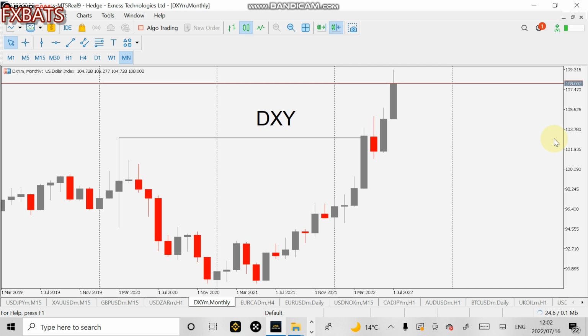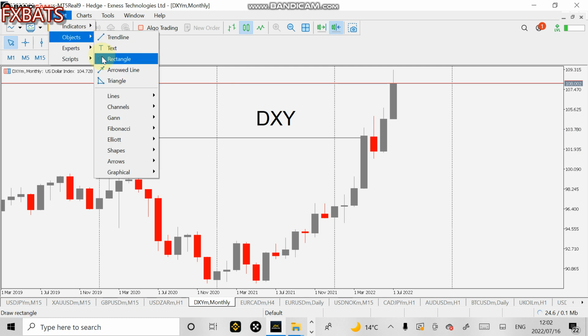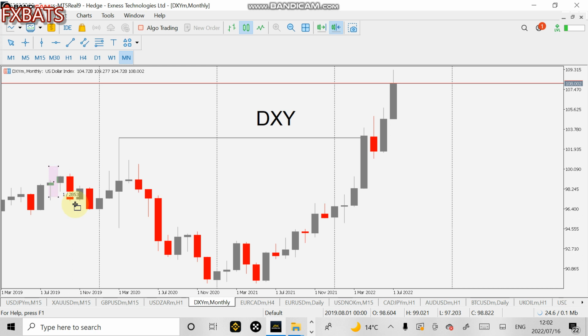So a few questions that we have. Let's look at it on a monthly basis. I just want to see how the DXY has been performing for the past 2 to 3 years. So this is the DXY, the dollar index we see. And I'm gonna start in the year 2020, the year of the coronavirus breakout. So 2020, I'm starting right from January.